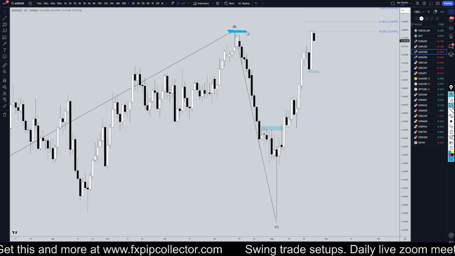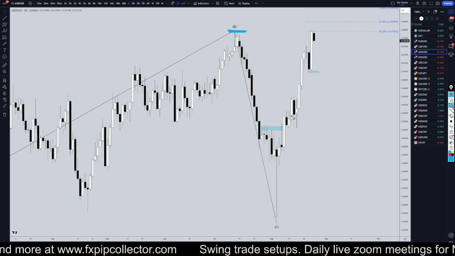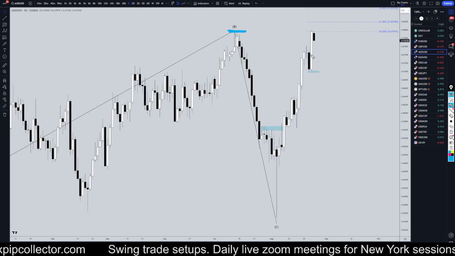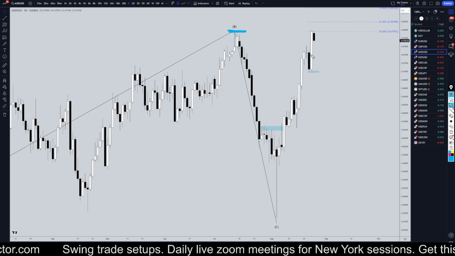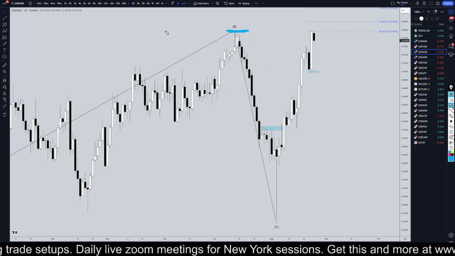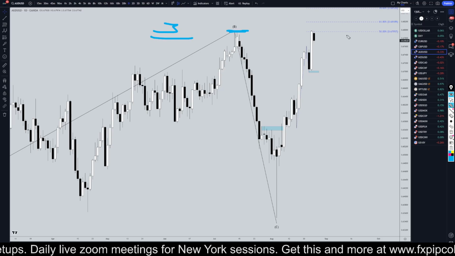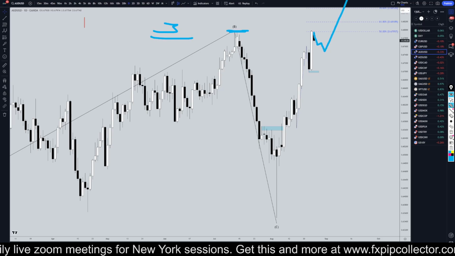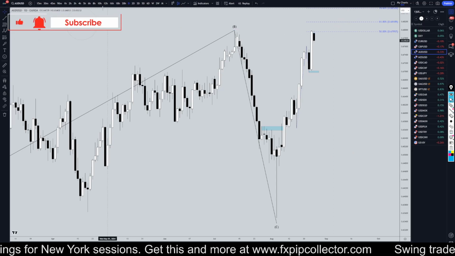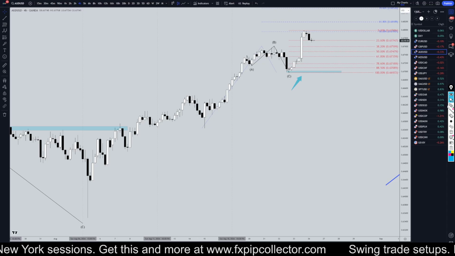We are back at the previous highs. Could possibly be an area where you see a more significant pullback. I personally wouldn't really count on that until we see some sort of a break of structure to the downside, because even though we are at the previous highs, wave threes are the biggest, strongest waves of a trend, and what is probably more likely to happen is it's going to just keep on trending up, making higher highs and higher lows. So going down to the 4 hour time frame.